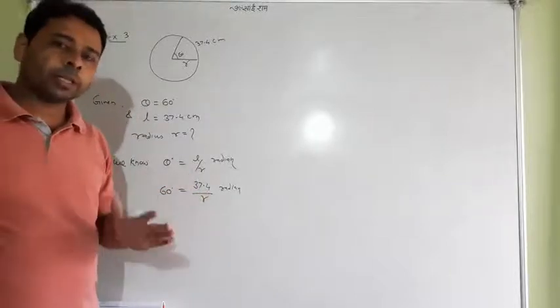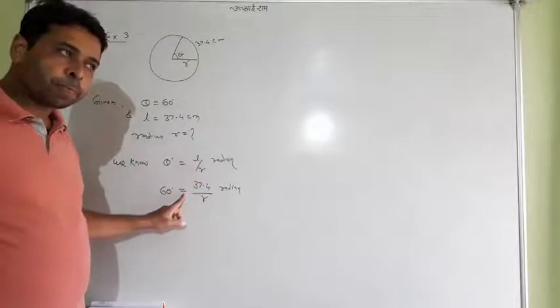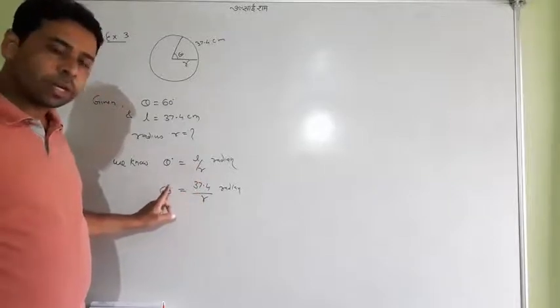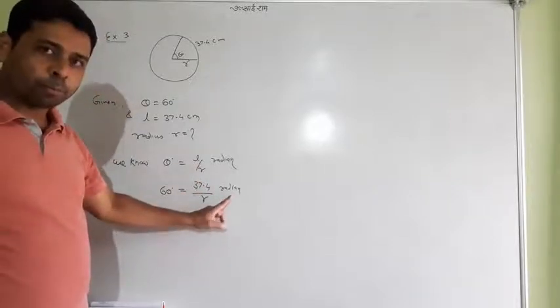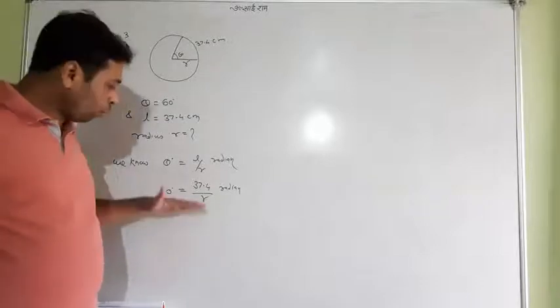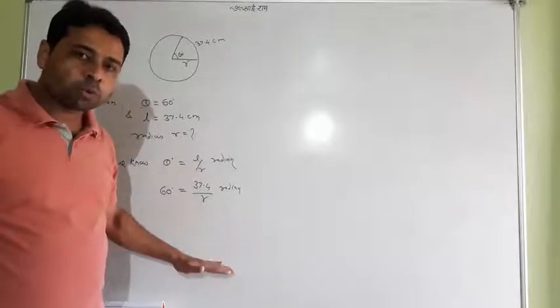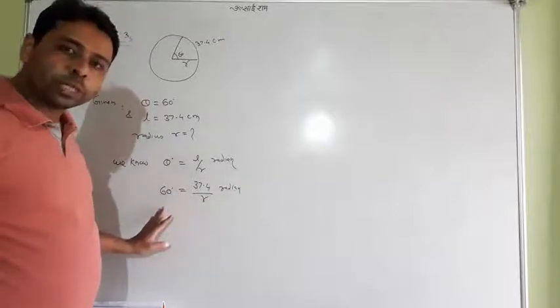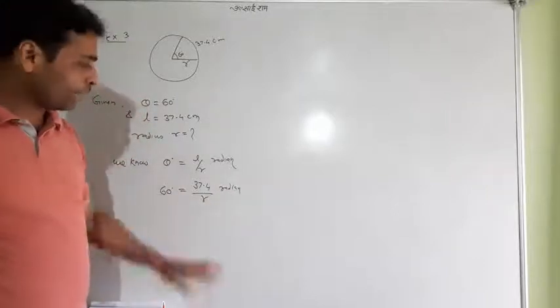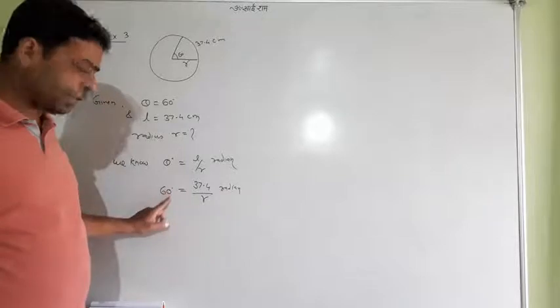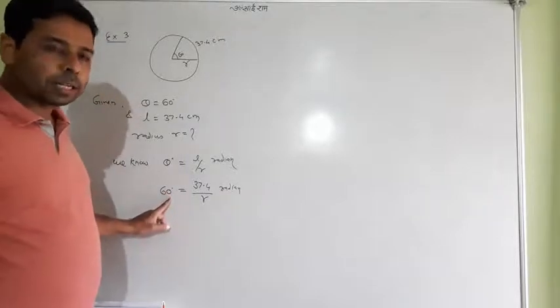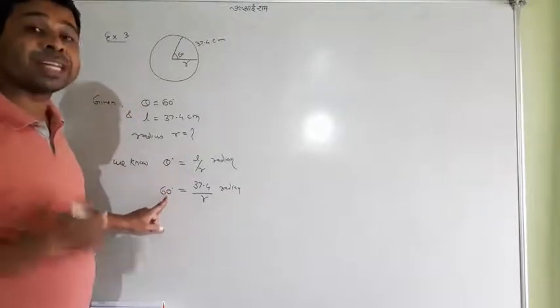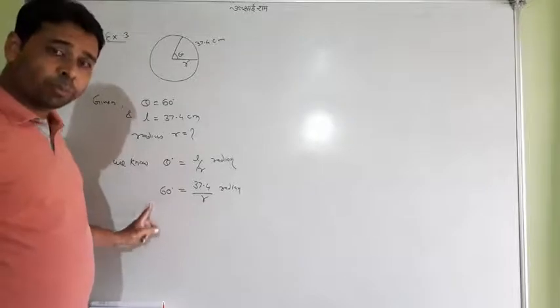But I tell you one thing: even though it is an equal sign, it is a different unit. Degree is a different unit, radian is a different unit. Both are not the same unit. Before transferring, first try to convert both units to the same kind. If it is radian, it should be radian. So a very simple thing: I will turn 60 degree into radian here, and when both are radian, you can compare.